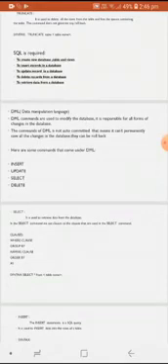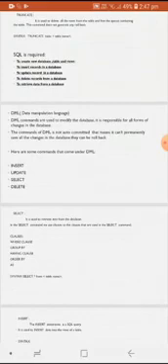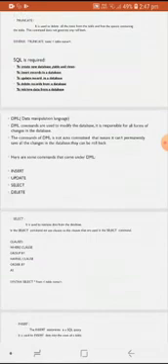Let us see the different commands that are used in data manipulation language. The one thing you have to remember is that for manipulation, we use select, insert, delete and update only in data manipulation language. Here are the commands that come under data manipulation language: select, insert, update and delete. So these four are called data manipulation language. Okay, first, select. It is used to retrieve data from the database.